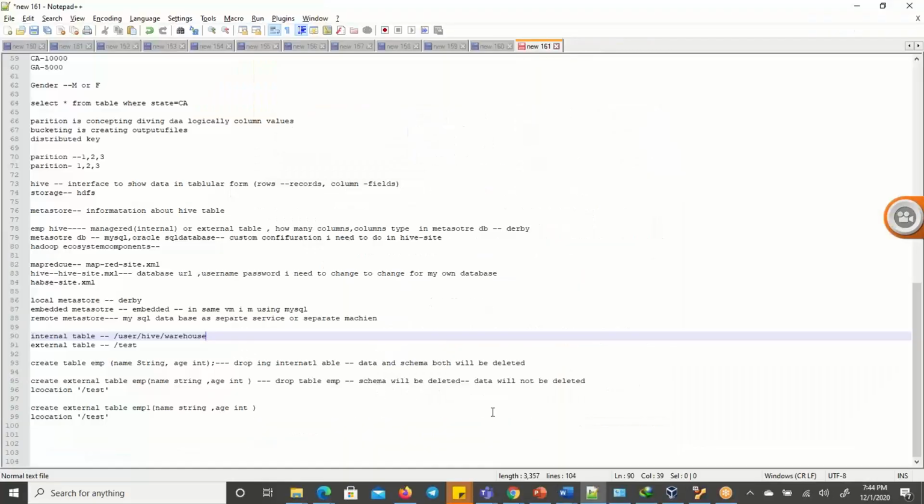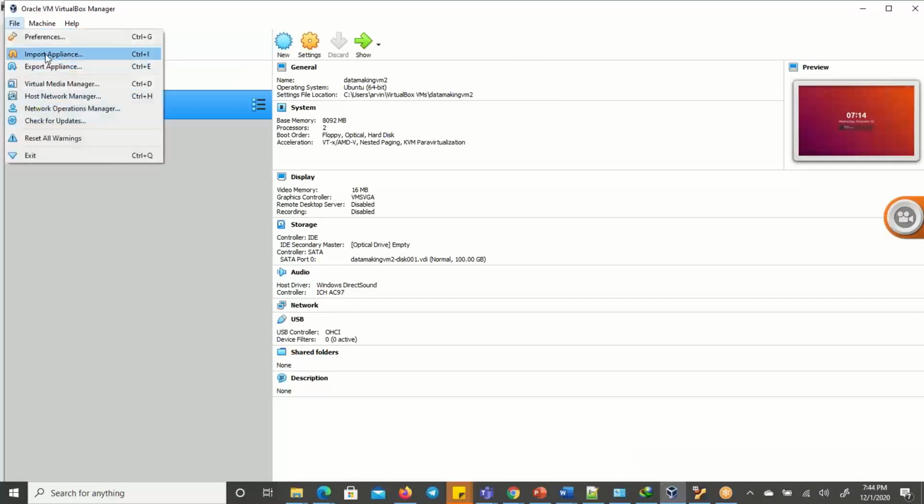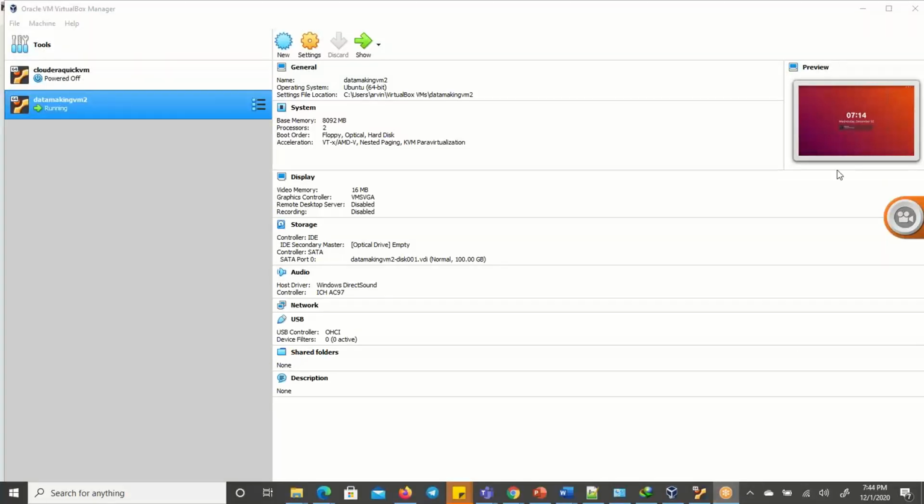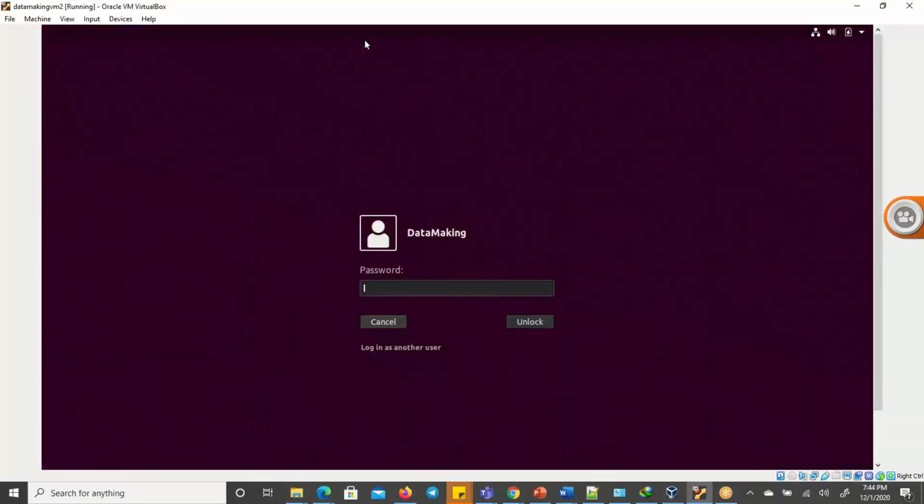Okay, and one thing I will share is this VM. This is an Ubuntu VM. You have to download it, and in VirtualBox you need to import it. Simply import appliance. I will give the steps also. Once you import that VM, you will get a machine like this, an Ubuntu machine. The username is datamaking and the password is datamaking. I will send it. Once you log in,